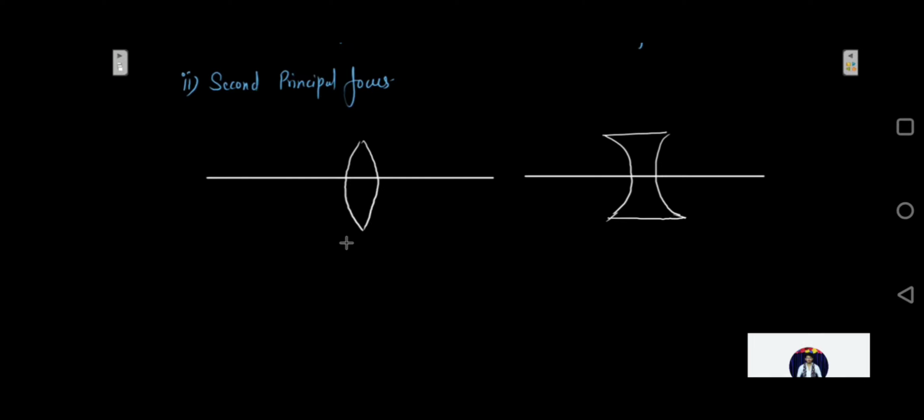So this is a biconvex lens, and a biconcave lens. So it is a fixed point on the principal axis. Let me fix a point on the principal axis, let's say F. This is the second principal focus we are talking about. It is a fixed point on the principal axis such that the light rays incident parallel to the principal axis. So if I make light rays parallelly incident on the lens,